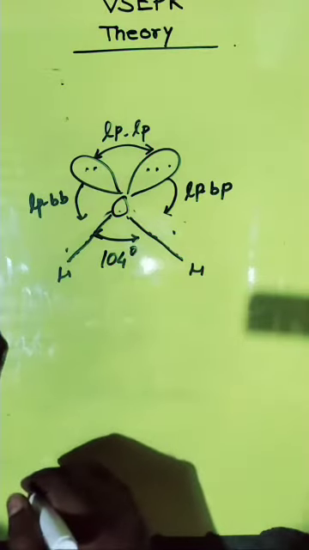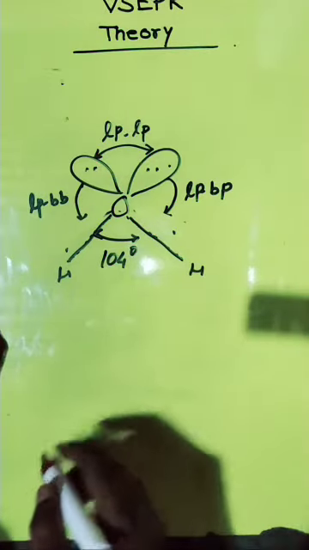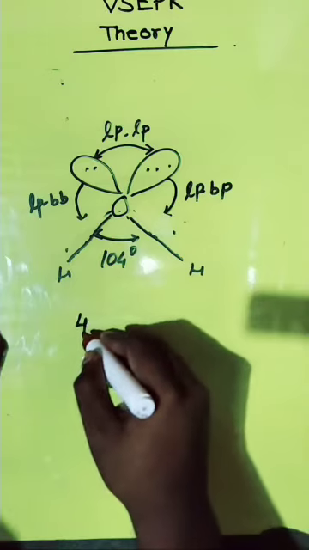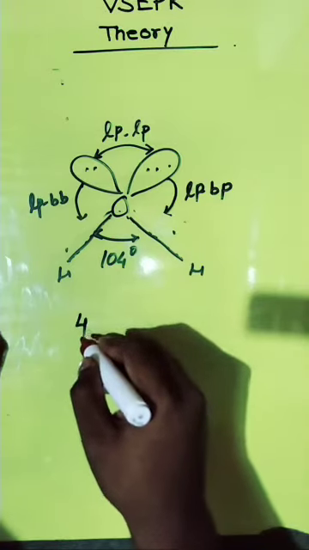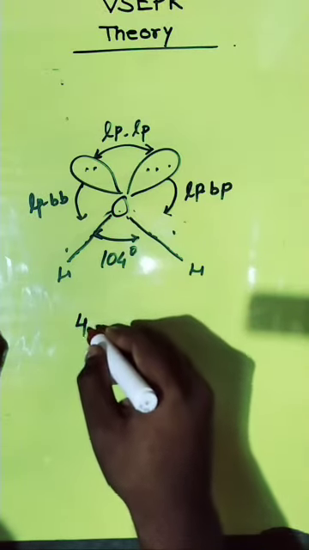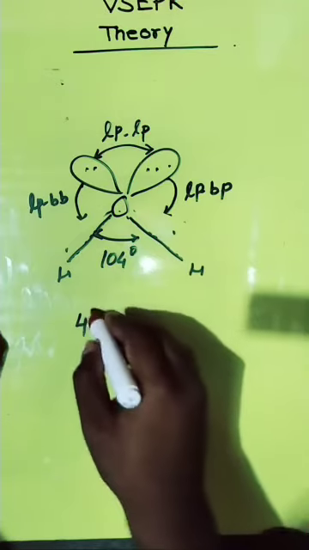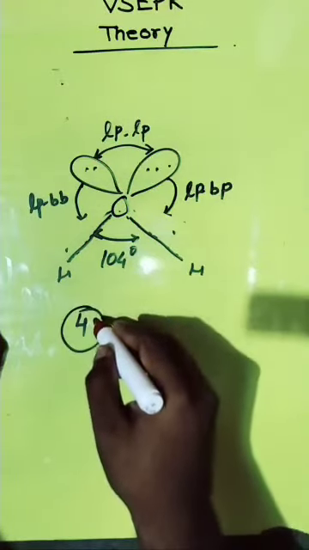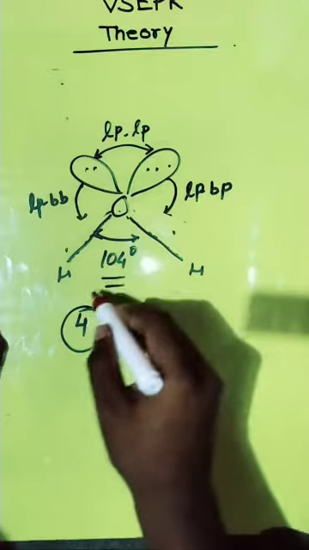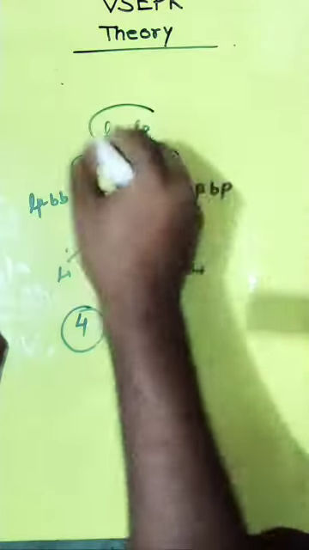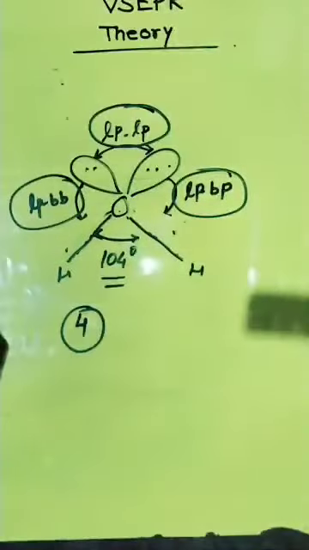So though the water molecule has steric number 4 and a tetrahedral structure, the bond angle is reduced to 104 degrees due to the lone pair repulsion and 2 lone pair bond pair repulsions. Similarly, for the H2S molecule,